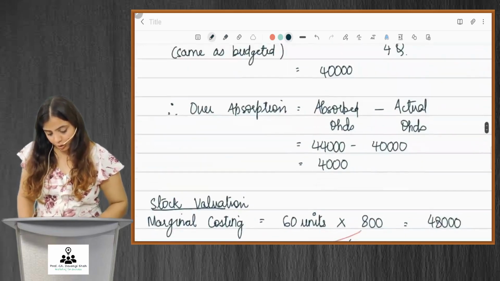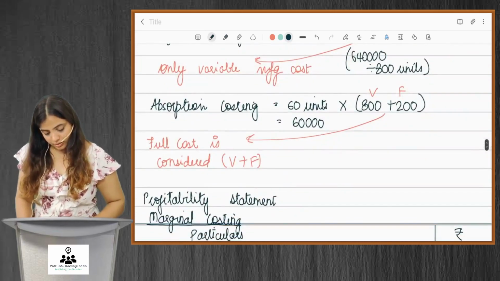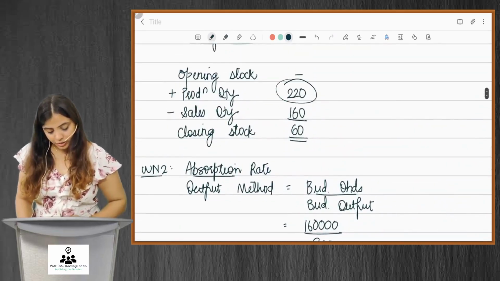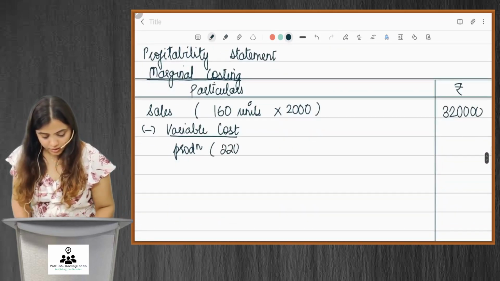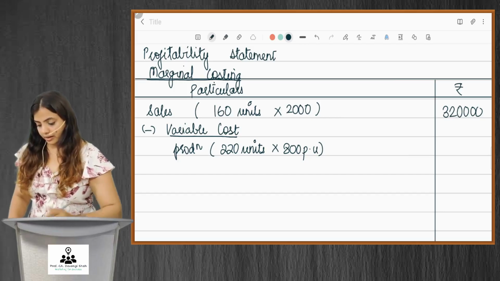Firstly, I have produced 220 units, right? Yeah, I've produced 220 units. So my variable production cost that will be incurred is 220 units into 800 per unit. Correct? So 220 into 800 would give me